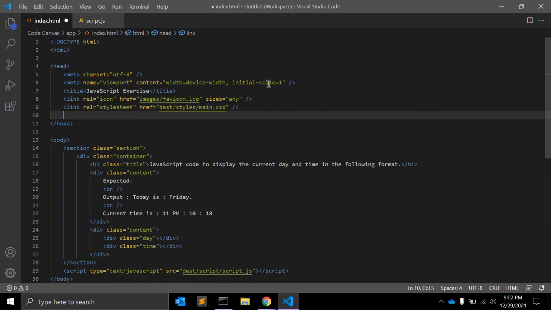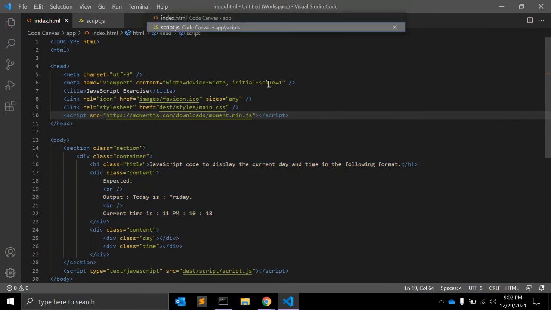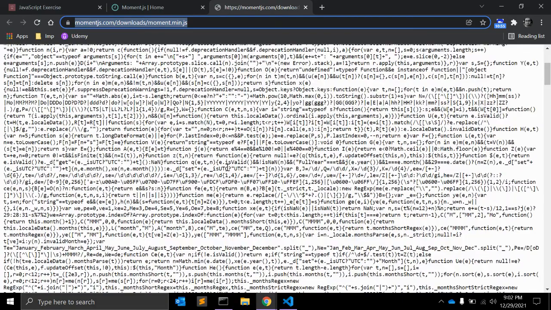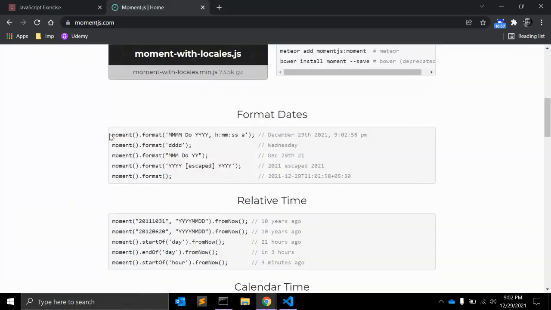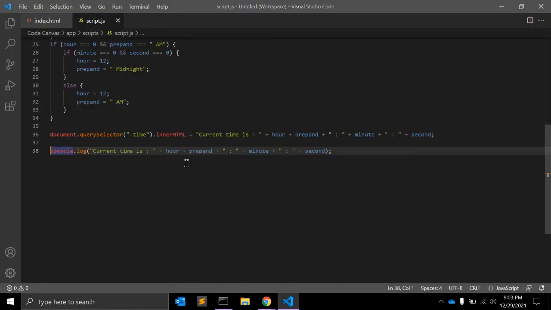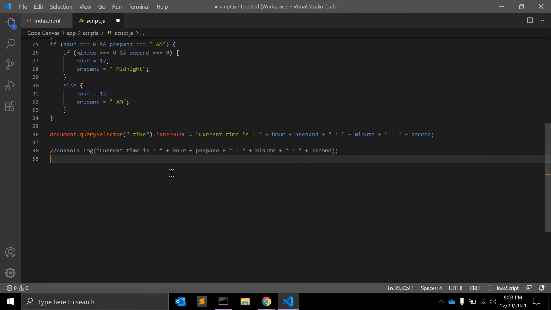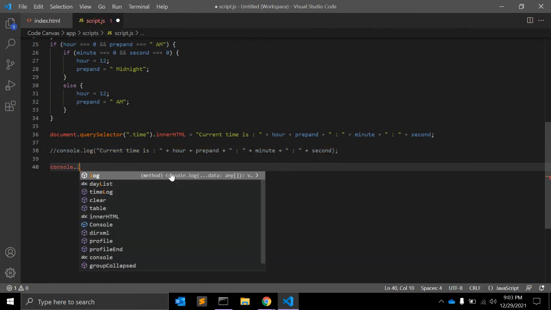So here you can add script src is equal to this and script close. And in JavaScript, let me show you with an example, using this code, let's keep it as it is, result.log.